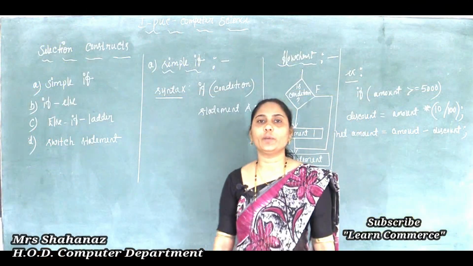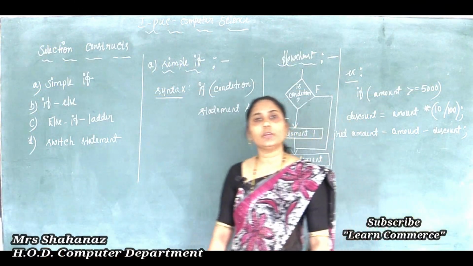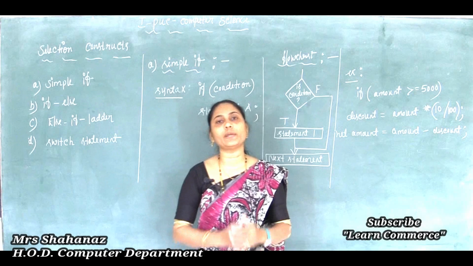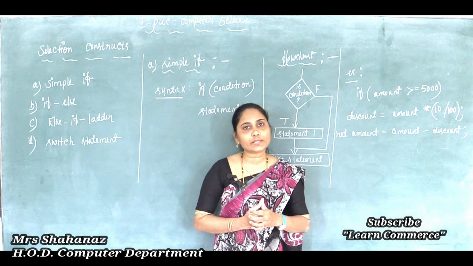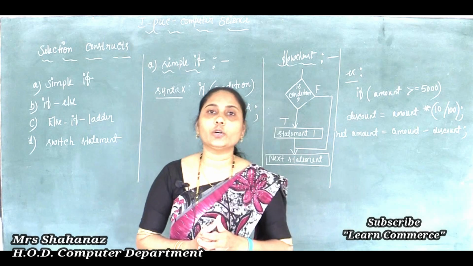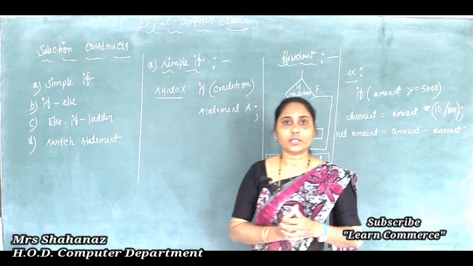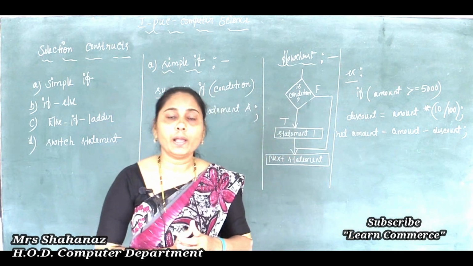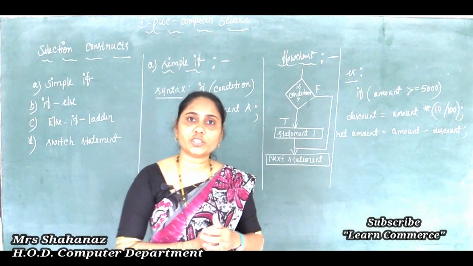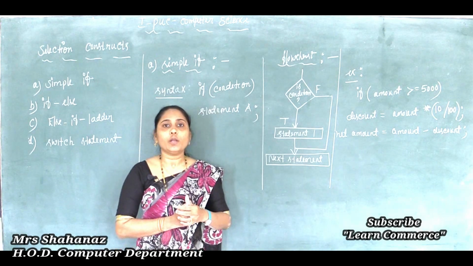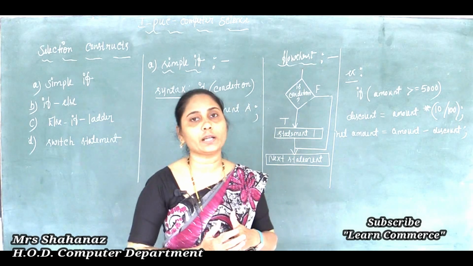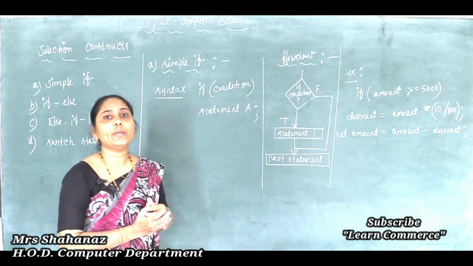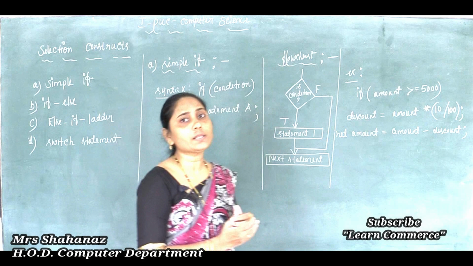Welcome to our first PU Computer Science online classes. In the last class, we started the basic programming constructs. We know the three important basic programming constructs are the sequence construct, the selection construct, and the iteration construct. In the last class, we learned the meaning of the sequence construct, the diagram, the entry point and exit point, and how the data flows. The flow is in one direction and straightforward, from the beginning to the end. This is called the sequence construct.